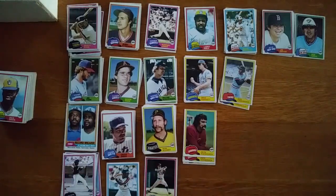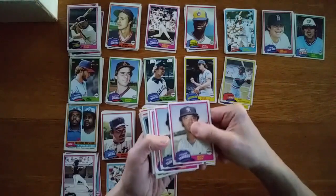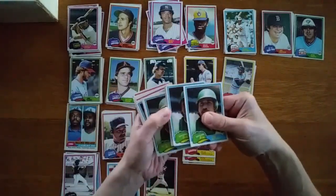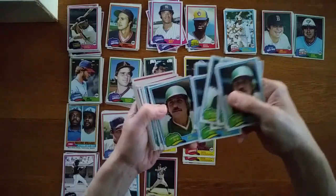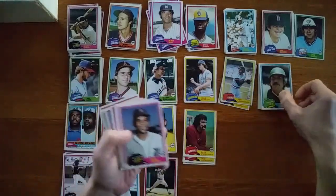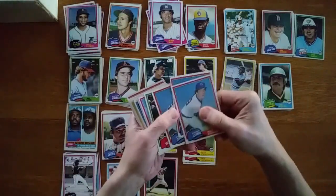So 1981, of course, had a funky setup where it was ripped apart by a strike, and so the powers that be decided instead of doing any traditional kind of accounting of who won a division. I remember lots of these A's cards with what I thought were drab green uniforms at the time. Still kind of do. Anyway, instead of just seeing who had the most wins would win the division, they split it in half and said whoever wins